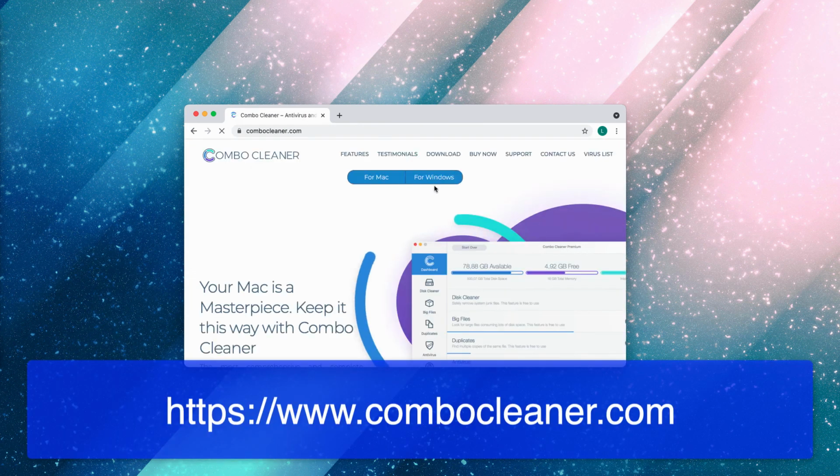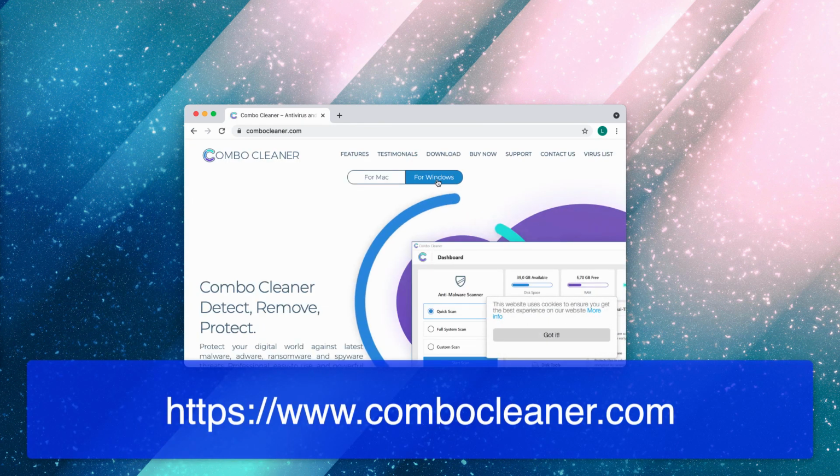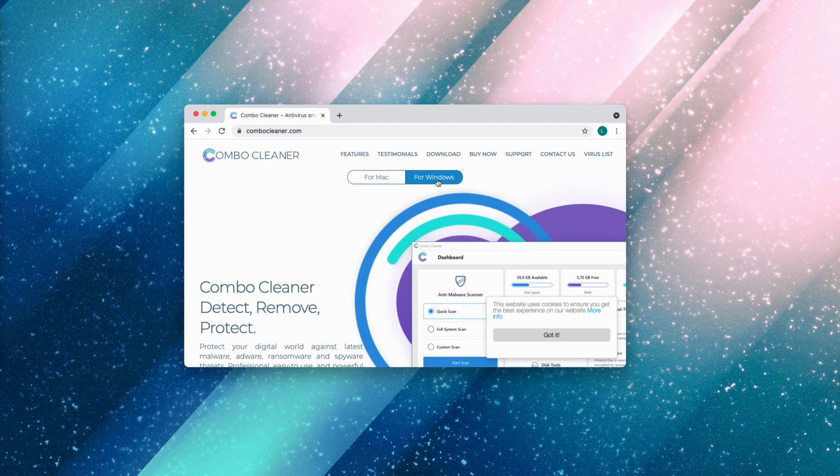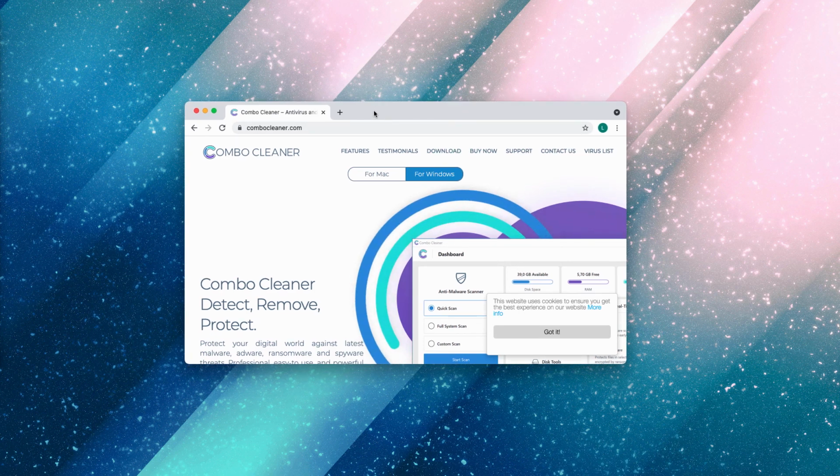I also recommend you to additionally examine your computer with a Combo Cleaner antivirus. The best place to get it is on the page combocleaner.com. So download the application and it will help you to detect and delete other threats that might be part